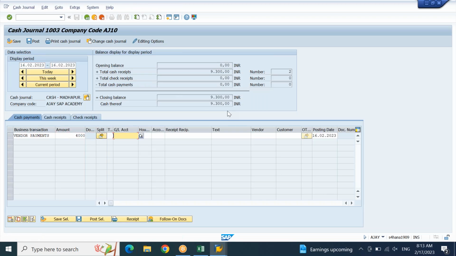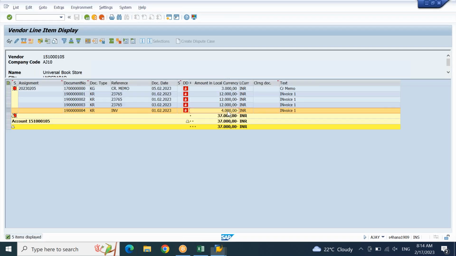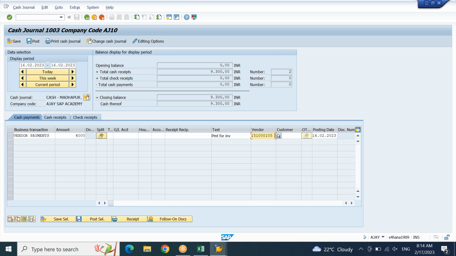This is not a GL posting, so leave the GL account blank and then text. I'll make payment for invoice. Vendor account, customer account. So this payment belongs to the vendor, so you need to fill the vendor account. Copy this vendor number 151 000 105